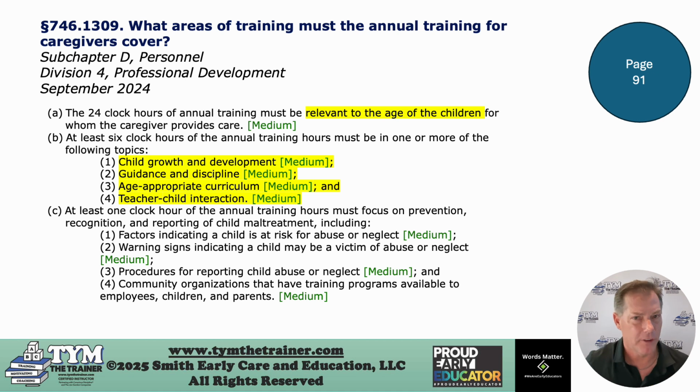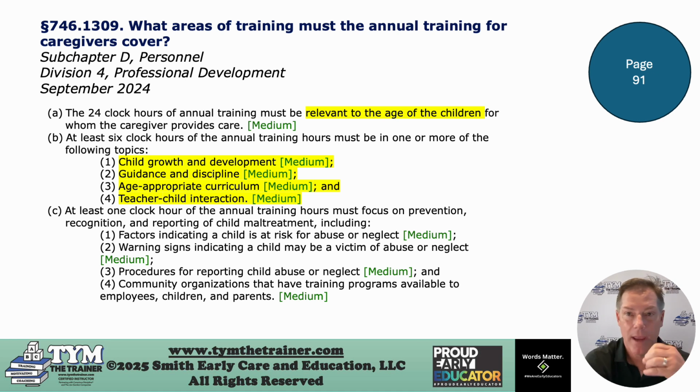Now, there's a couple of different ways around this. One thing that I always recommend when you're creating job descriptions is that somewhere in that job description it needs to say, even though you're a pre-K teacher, something like, all employees are cross-trained to support other classrooms when needed, which is the truth. Right?